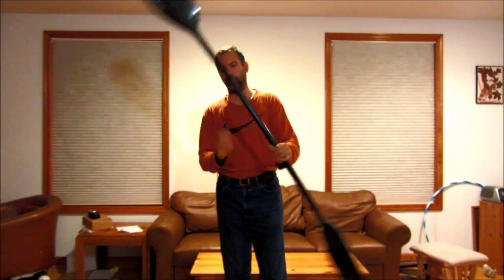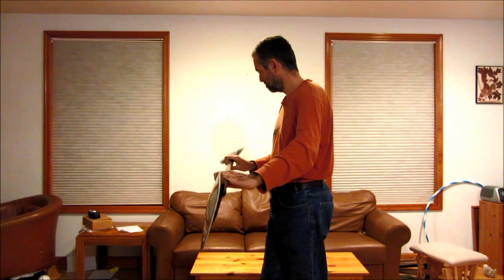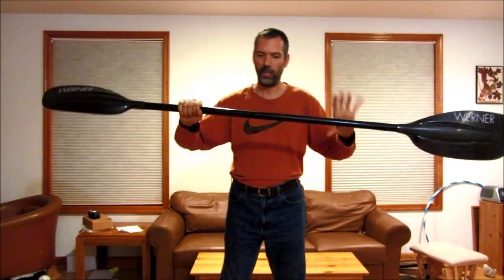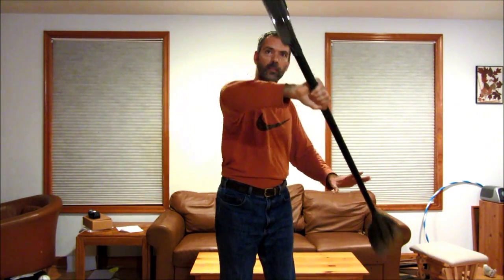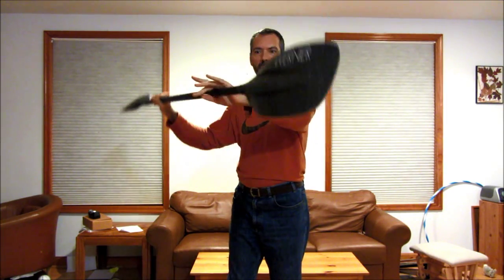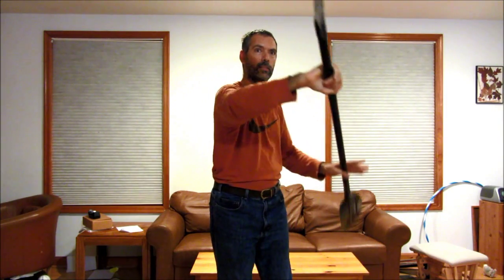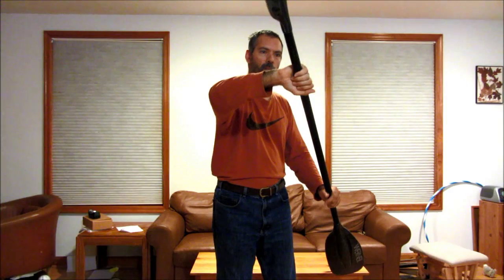This one is a right hand control, approximately 60-degree feather. How you paddle it? You have your control hand which moves the paddle and doesn't let go. The paddle shaft rotates freely in the other hand. Now, I'm going to open my fingers, like so, so you can see the position